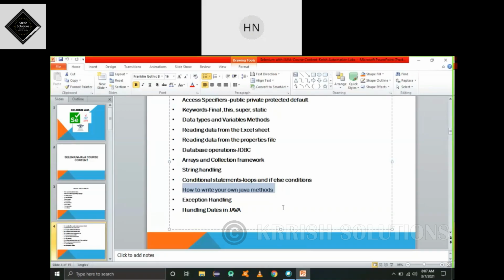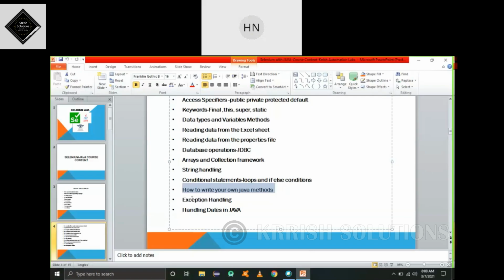One is library methods, which the language developers have developed and provided in the language library. The other is user defined functions, which a programmer writes as part of his requirement. By using the library functions, you can develop your own Java methods to fulfill your requirements.